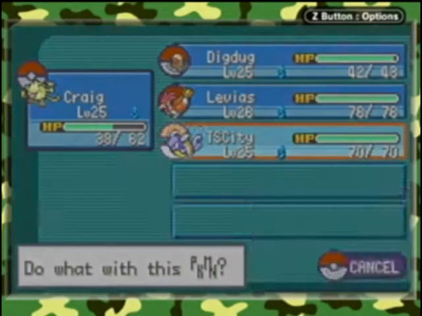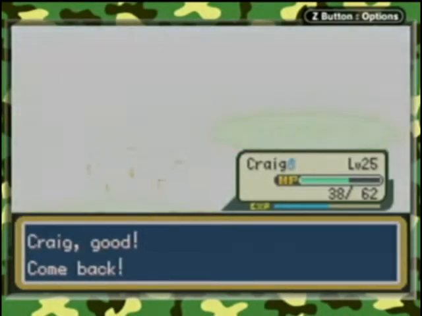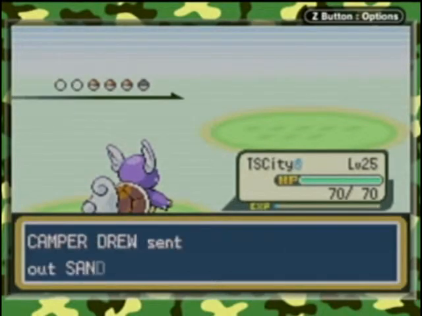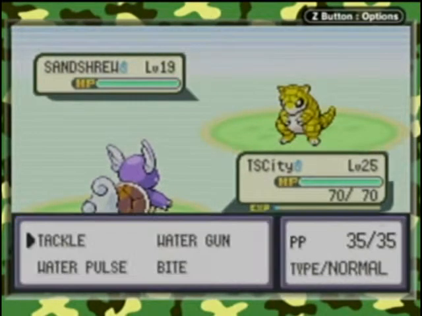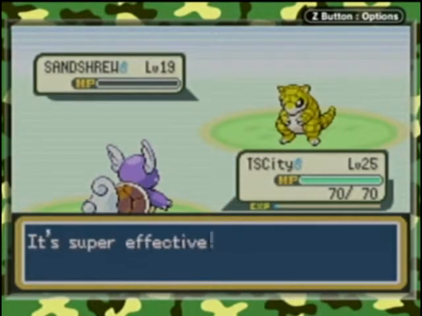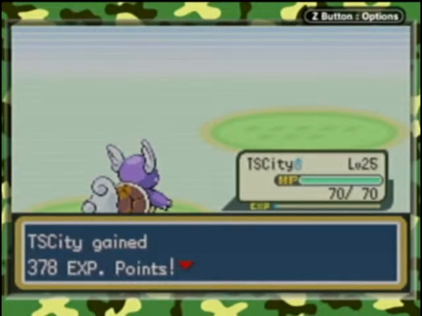Craig Mankey. Oh man, I'm gonna send out City to deal with this Sandshrew, just because that way I can get it out of the way and dealt with, because I have Water Pulse now. Water Pulse is gonna do a good job of taking him out. Should be one hit, of course it is. We're pretty strong at this point. We are quite a few levels above any of them,